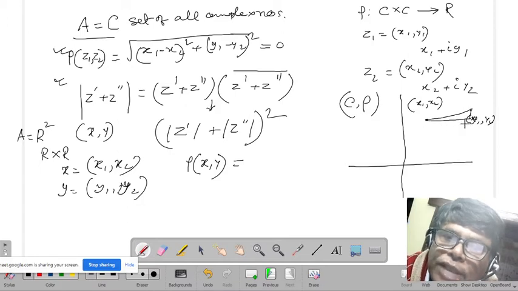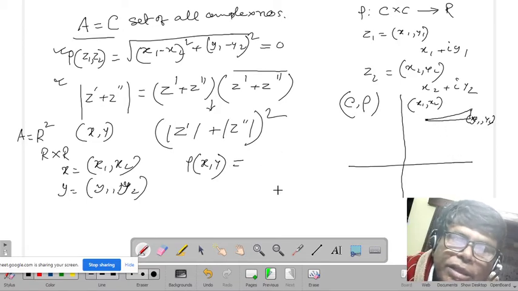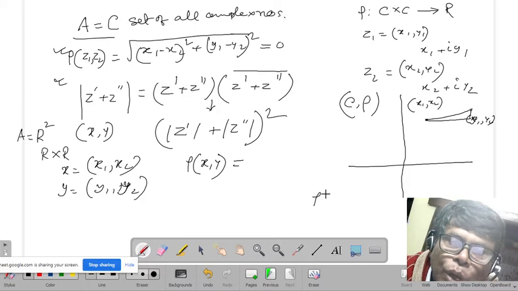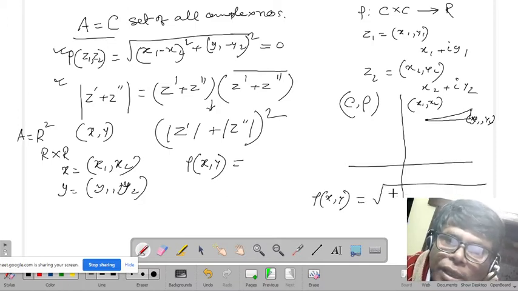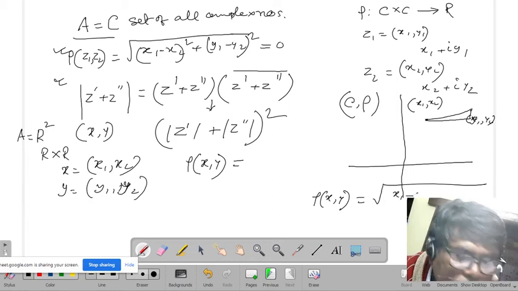This distance is the direct distance, so you can calculate it, and this is nothing but rho of xy, that is equal to root over x1 minus y1